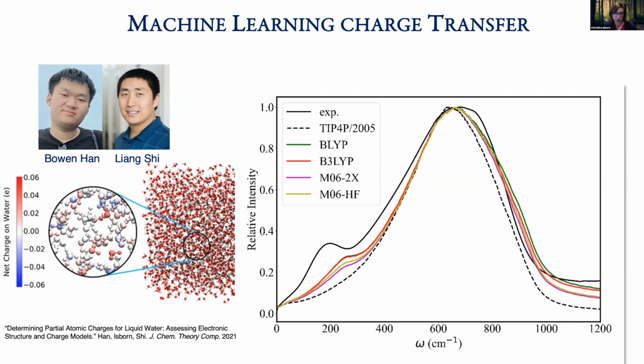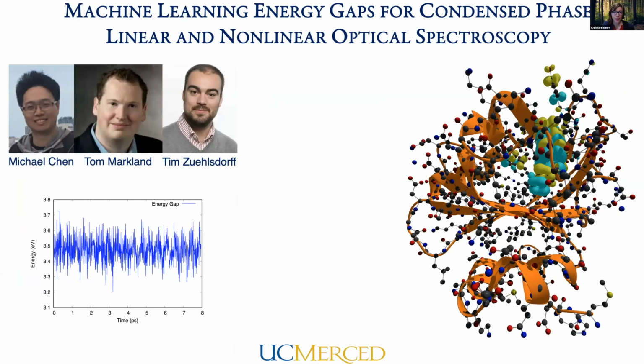Okay, so now I'm getting on to a story which is a piece of my collaboration that I've had for quite a while now with Tom Markland at Stanford. And then we had an excellent postdoc in my group, Tim Zuehlsdorff, who was working on this for a while as well. He's now an assistant professor at Oregon State, doing some pretty awesome spectroscopy stuff. And Michael Chen, Tom's grad student, is the one who's done all the machine learning work that I'll be talking